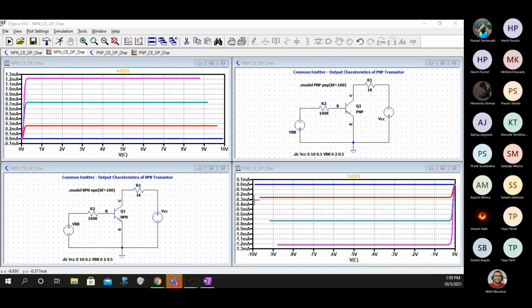Prasad, output is right, but now I want to see both of them together side by side. Come on, do it. Take some time and do it.